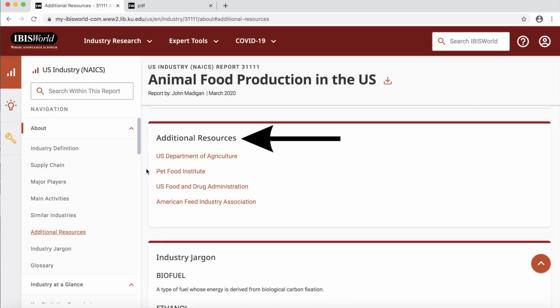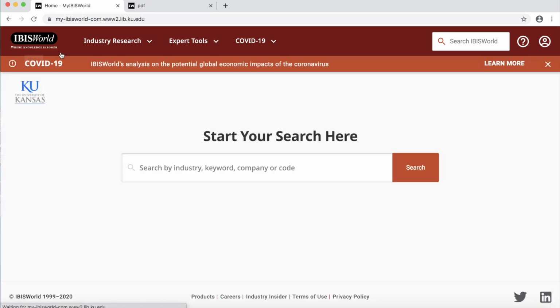This is where the report lists nonprofits that are associated with this industry. In the case of the animal food production industry, the nonprofit trade associations are the Pet Food Institute and the American Feed Industry Association. If you have a hard time figuring out your industry, go back to the initial search field